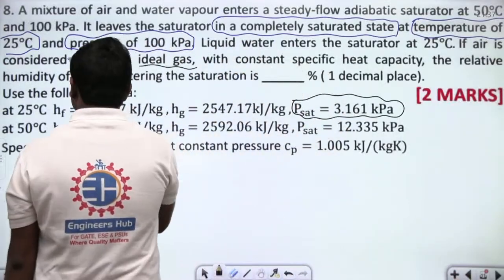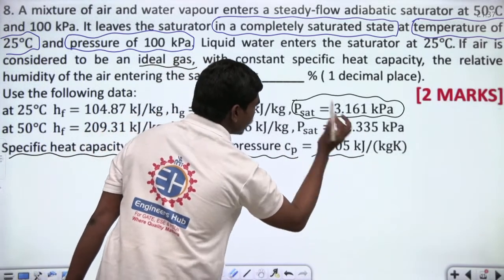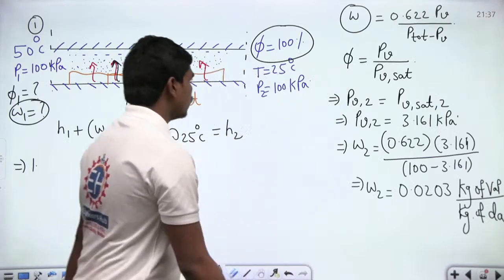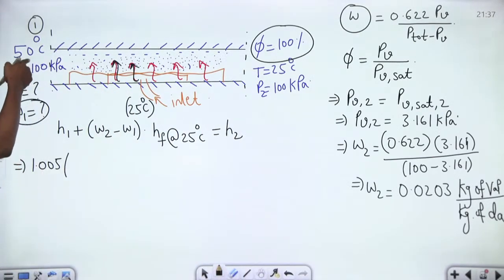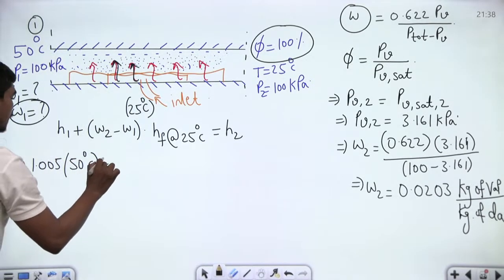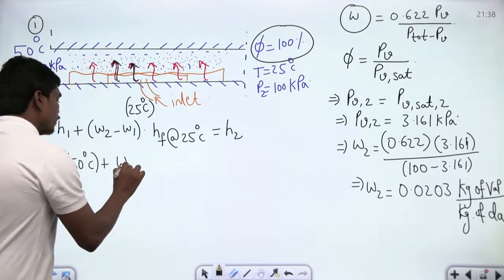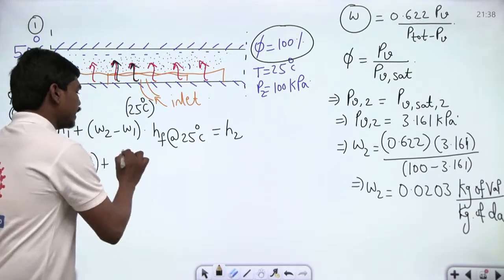You can see here the specific heat capacity of air at constant pressure, Cp, is equal to 1.005 kilojoule per kg Kelvin. So let us write this as 1.005 times 50 degrees Celsius, since initially the air is at 50 degrees Celsius, plus, now what about the enthalpy of water vapor, which is omega 1, because water vapor is omega 1 kg per kg of dry air. So omega 1 into,